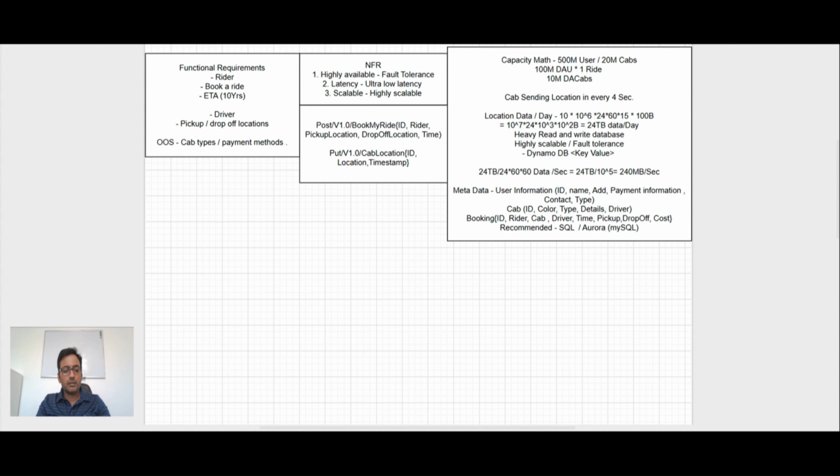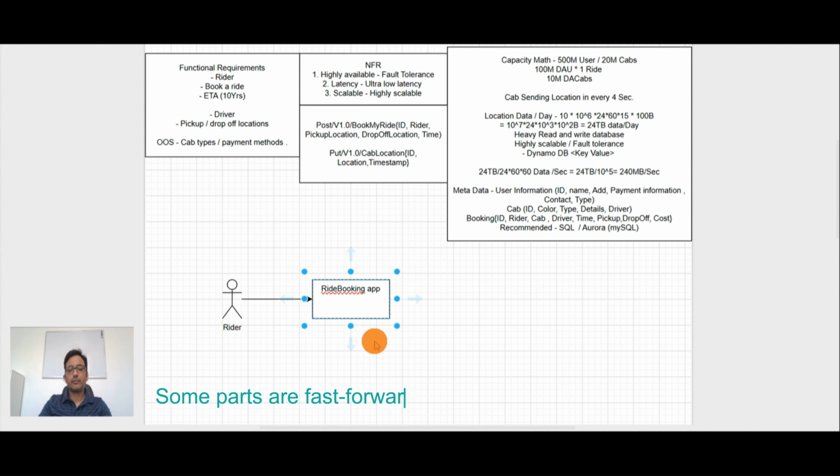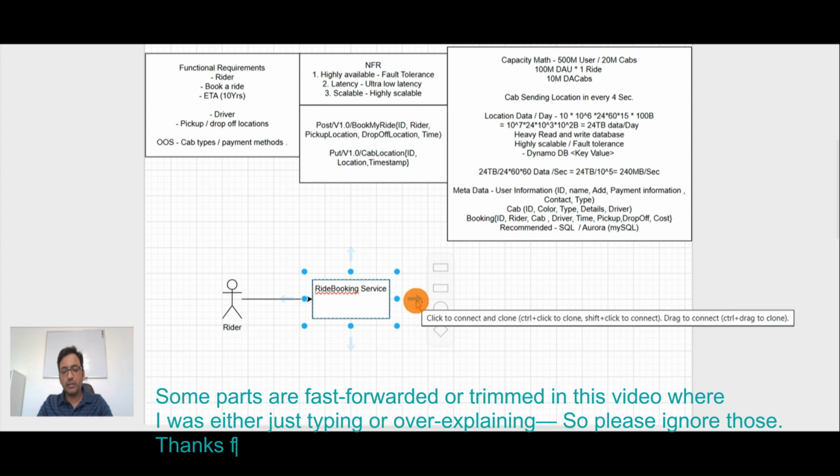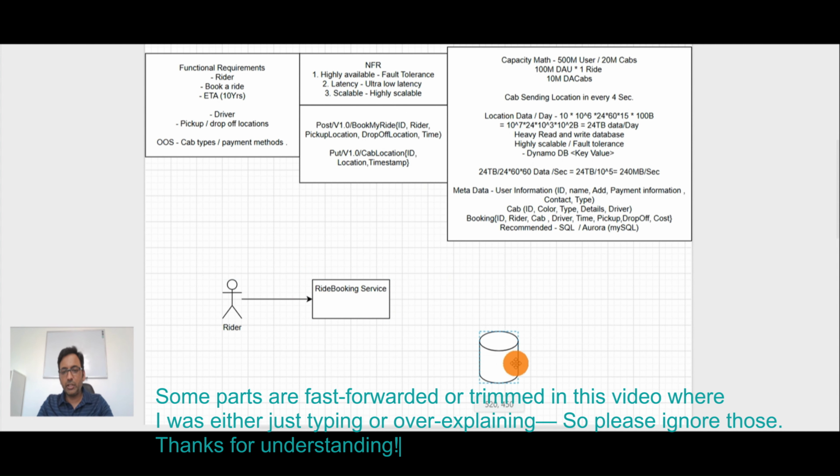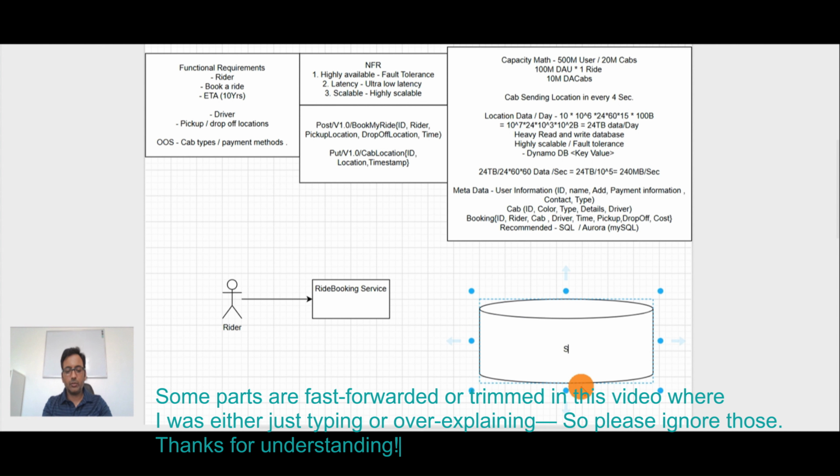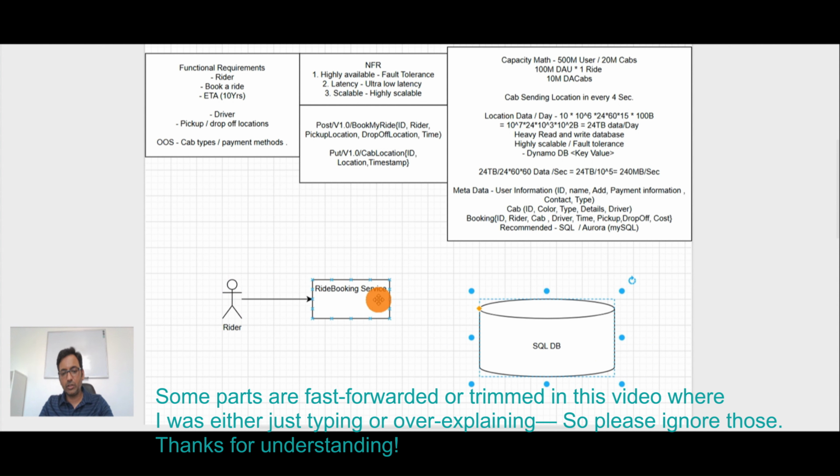So now let's jump into high level design. So we talked about the rider. The rider will be sending information to the ride booking service, book my ride, and we already talked about the databases we're going to use here. So there will be a SQL DB where the service will store the booking information,